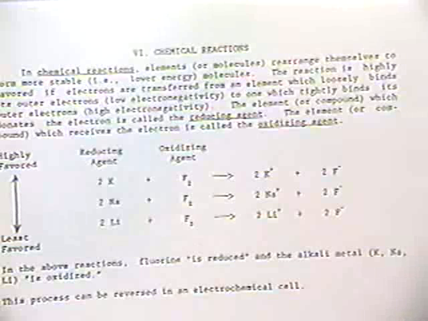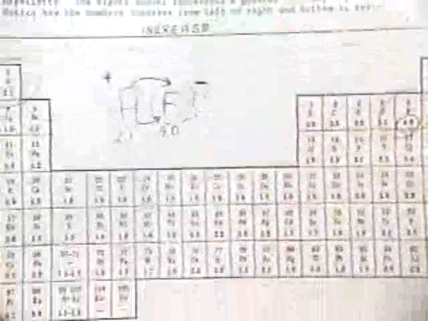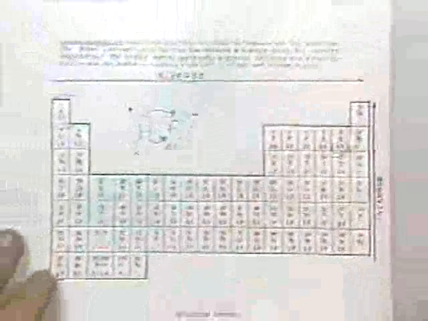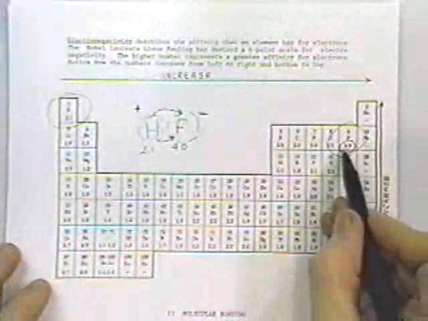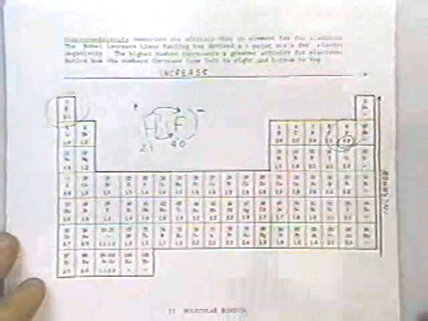Here we go. This is the electronegativity chart. Recall that fluorine is very, very highly electronegative. It has an electronegativity of 4. And what we're going to do is react it